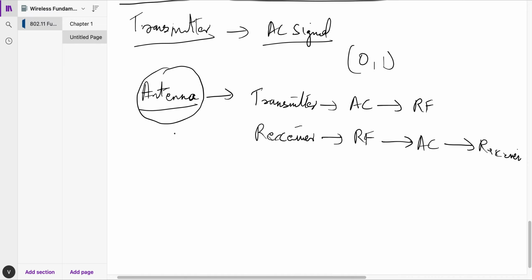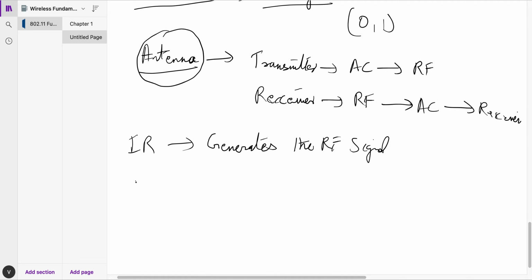The next thing that you should know is what an intentional radiator is. Don't go into too much detail, but an intentional radiator is the component specifically designed to generate the RF, as opposed to something that generates RF as a byproduct. This is what generates the RF signal. When I make a diagram after this, it's going to make much more sense to you.